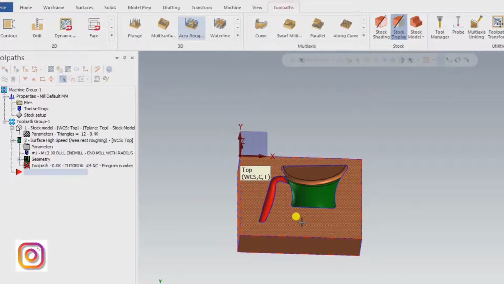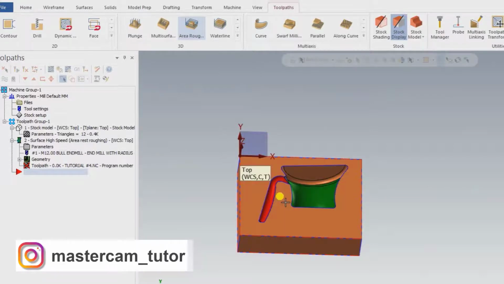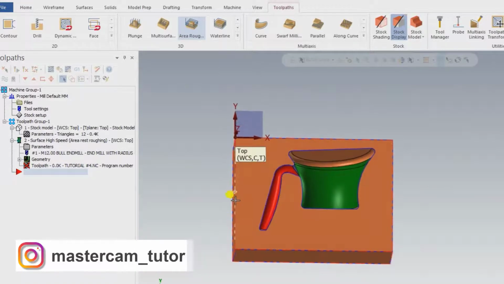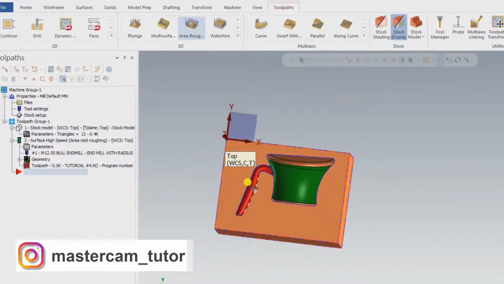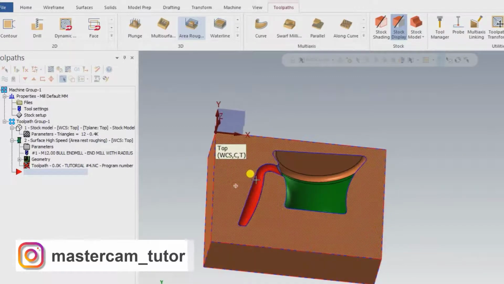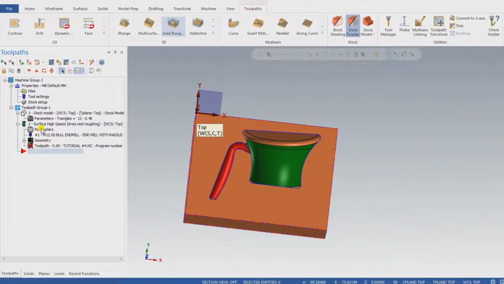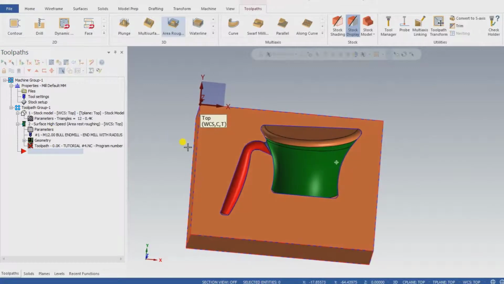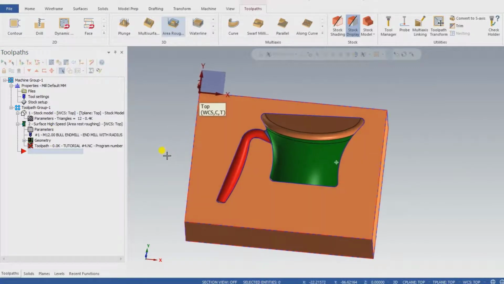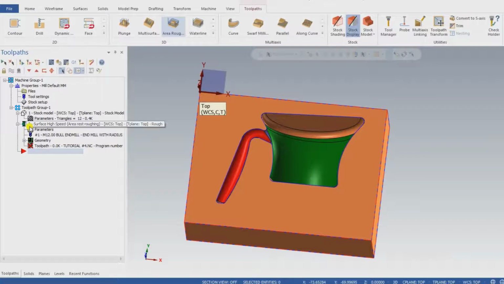So guys, as you see here, my part is starting to calculate all the tool paths. So how can a tool path be made for that part? Let me show you, it will take very little time. The time depends upon which type of PC or laptop or computer you are using. So when it takes more time, you can go in a view,